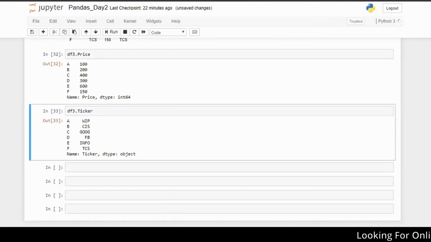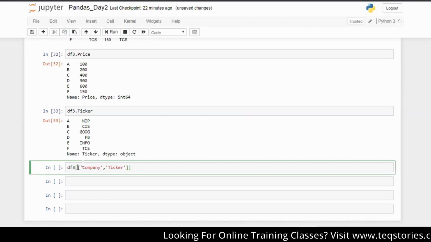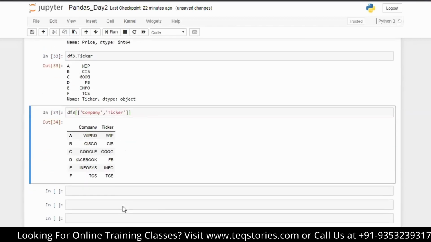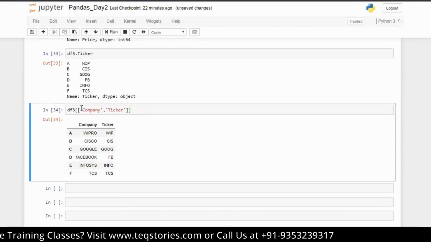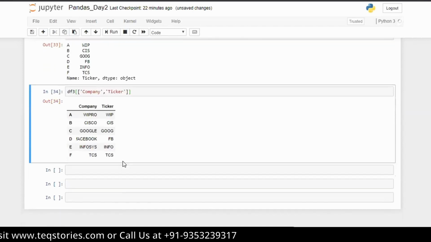Yeah, ticker values we got. Then suppose I give df3 here as company and ticker. If I want two values at a time, then you can give in this way. Just make sure there are two square brackets in the beginning and in the end.